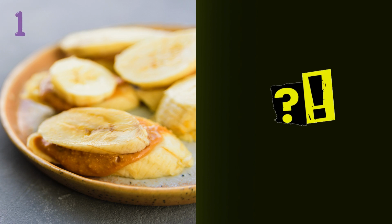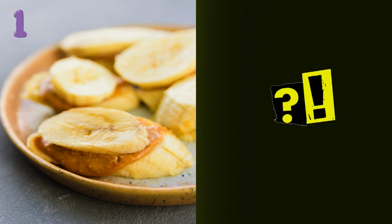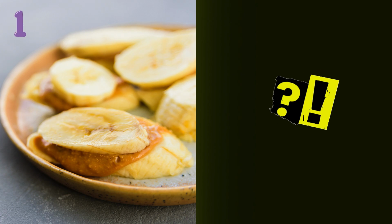Let's talk about 2 standout snack combos that really stole the show for me. The first one is banana slices with peanut butter and a sprinkle of sea salt. This classic combo is a game changer. The potassium from the banana pairs perfectly with the healthy fats from the peanut butter, and the sea salt adds